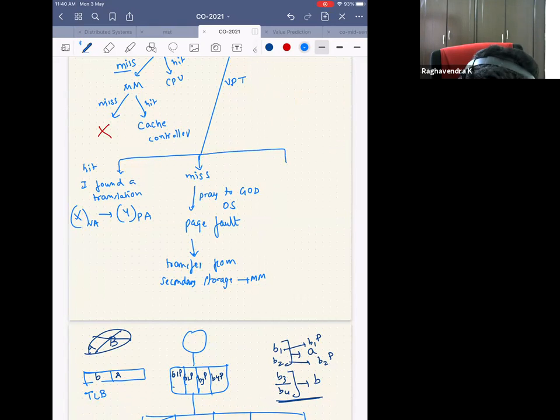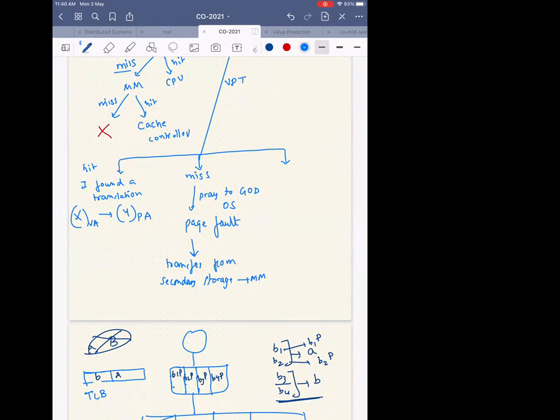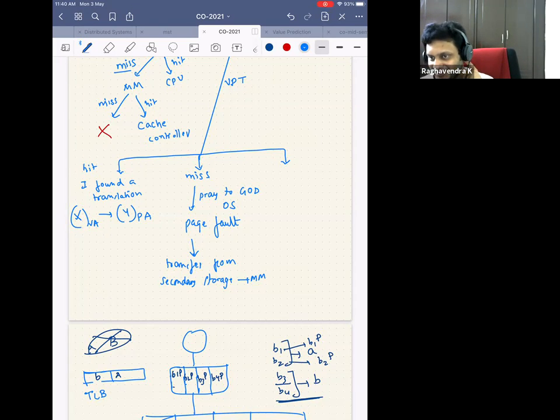I said there might be a third thing. Can anybody guess what this third thing might be? I mean, there can only be hit or miss. It's like I'm tossing a coin with heads and tails. I'm asking, can there be something else other than heads and tails? The coin is not there. Yeah, not the coin is there. The coin is standing. So what might happen? I'll just tell you. You tell me whether that is possible or not.